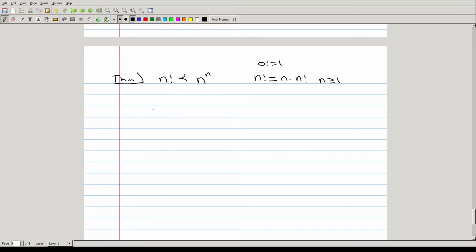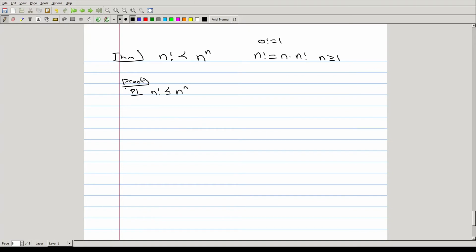So with this definition, we have a relatively straightforward method for getting this estimate. To show that it's strictly dominated, we first need to show that n factorial is dominated by n to the power n, and we know that n factorial is 1 times 2 times 3 times all the way up to n minus 1 times n,